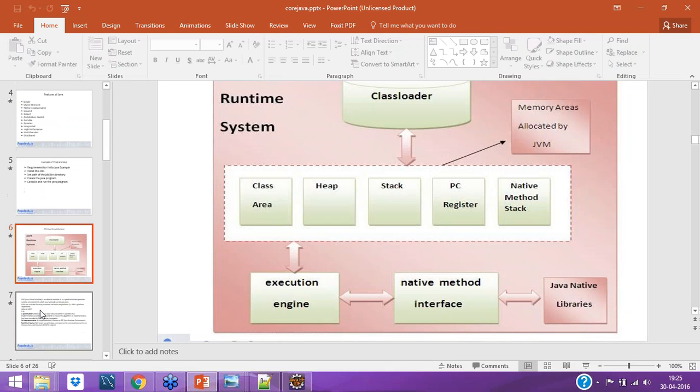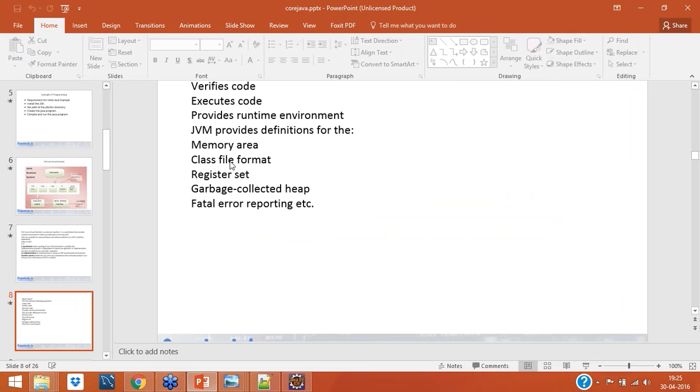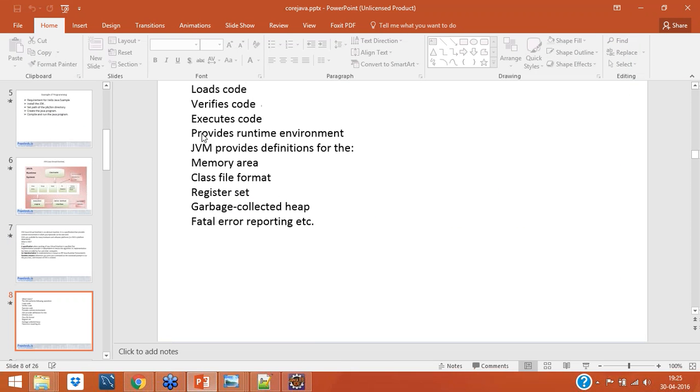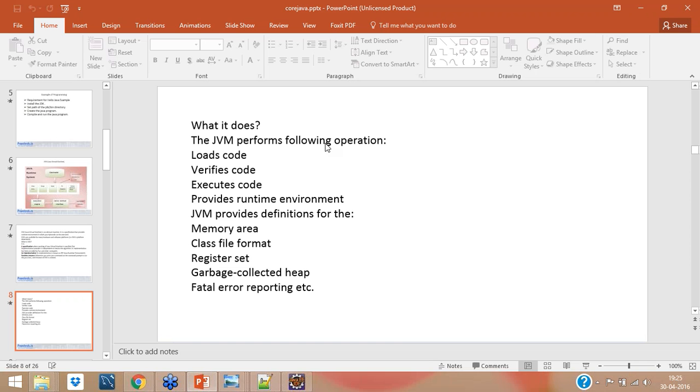Okay, so next, I have told you this much about what JVM is. I have already explained, so you can go through the slide if you want to know more. Let me tell you again what JVM does.